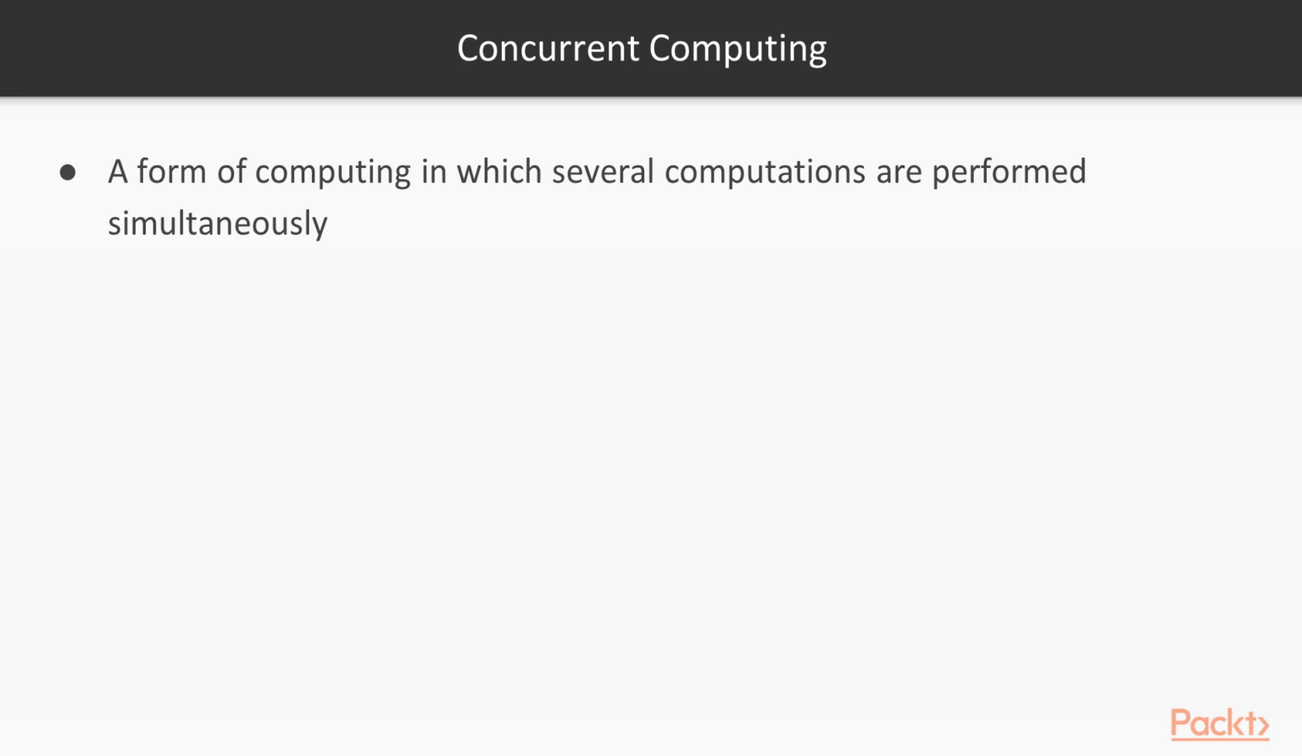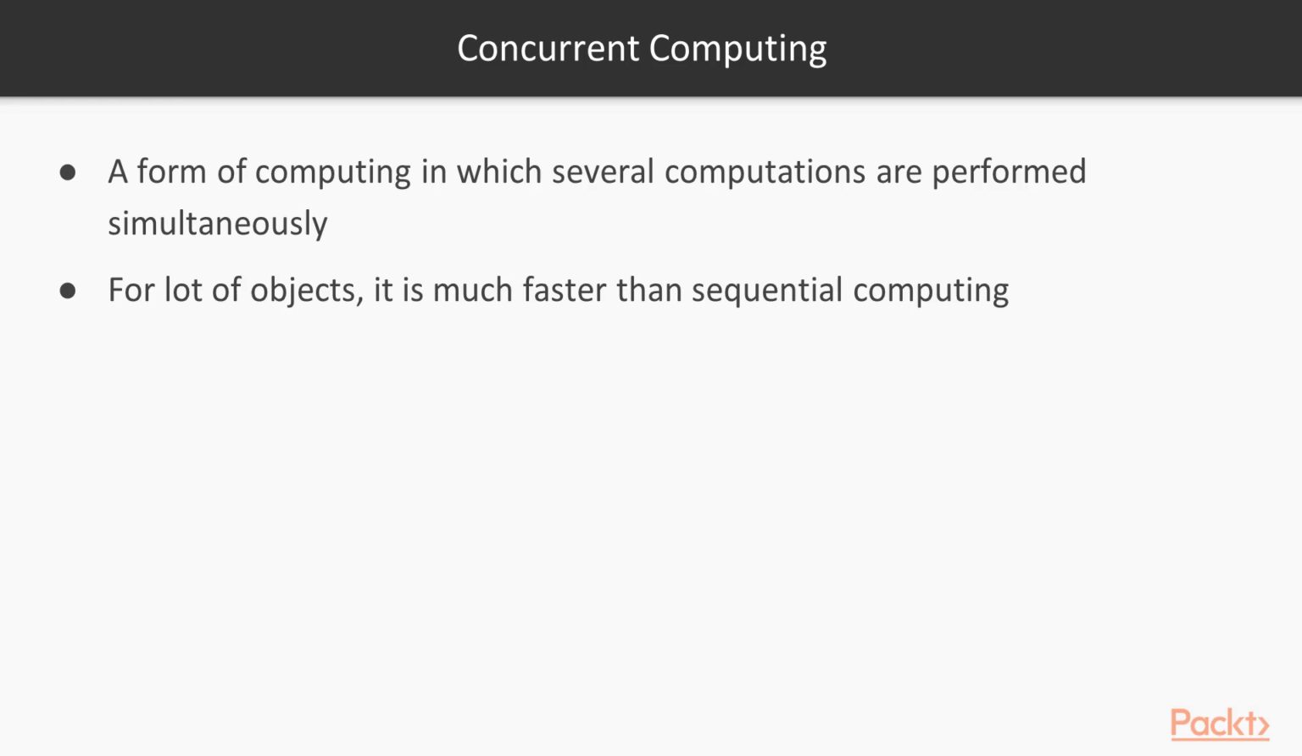Concurrent computing is a form of computing in which several computations are performed simultaneously. Large problems can often be divided into smaller, independent problems that we can compute separately but at the same time, afterwards combining the results. The greatest benefit of concurrency is that when there are a lot of objects to be processed, it is much